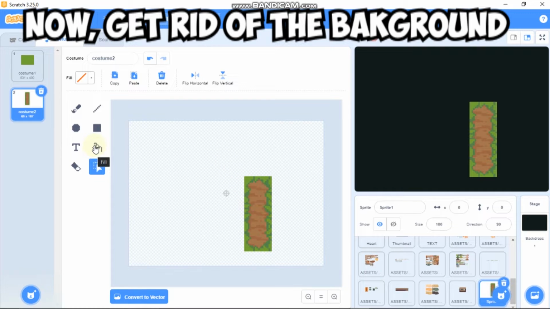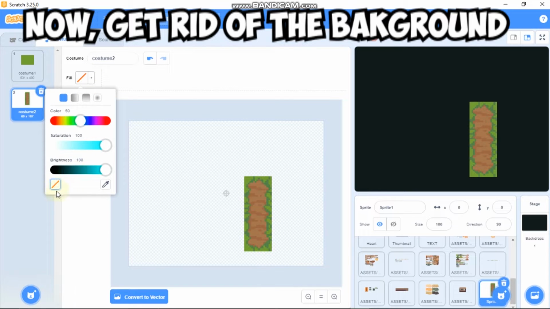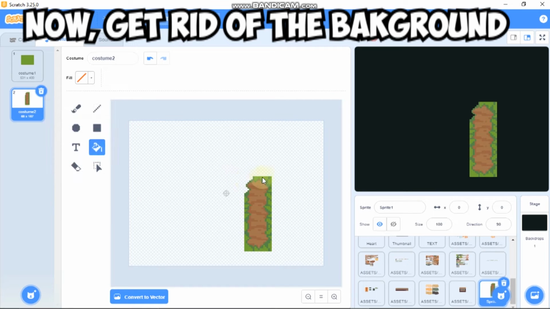Now click on this fill button, and we need to get rid of those backgrounds. For that, click on this fill and select nothing and click on this light green, and now you can see all of the light green parts are getting removed. This is a really easy way to remove a background in Scratch.